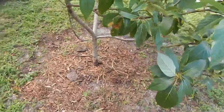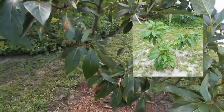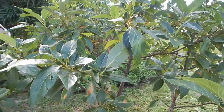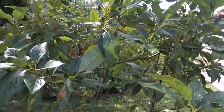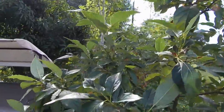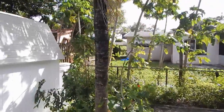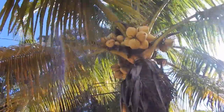is the avocado tree we put in maybe about 3 years ago now. I started it from a pit, and it's actually done quite well. It was a pit from an avocado that was about the size of a, I was gonna say a cantaloupe, but more like a honeydew. It was an incredibly large avocado. I'd never seen one like it. A relative from Thailand had gotten it from one of her friends. I said, we've got to plant that pit. So I planted the pit up where I live, grew the tree up a little bit, and then brought it down here. And this one, which I'm always proud of, this is a super prolific coconut palm tree that I